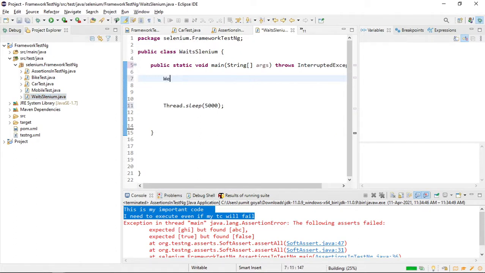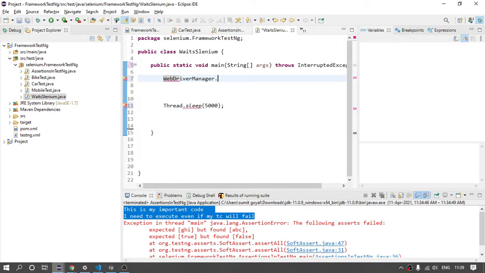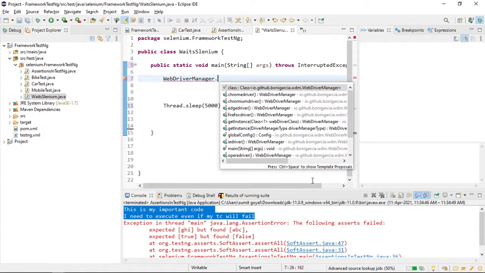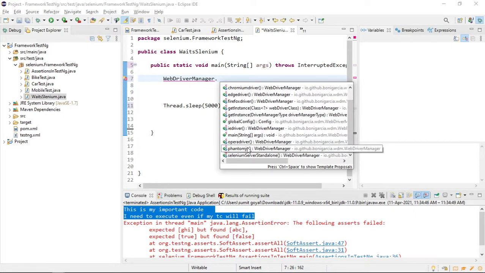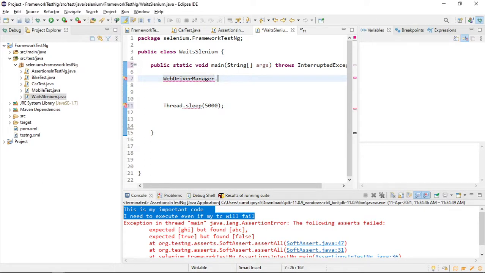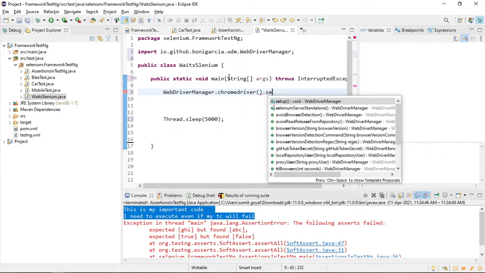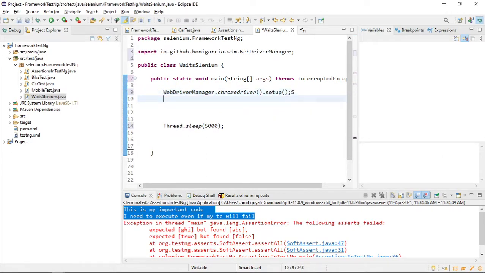There is one class which is WebDriver Manager. It is still getting the files, so it's building. Okay, so it has got it. If you want to run your test case on Chrome driver, or Microsoft Edge, Firefox, Internet Explorer, Opera Mini, right? Opera Mini, what is that? This is also a web browser. So if I want to run my test case on Chrome browser, I will say ChromeDriver dot setup. So first it will set up this, and after that if I try to write